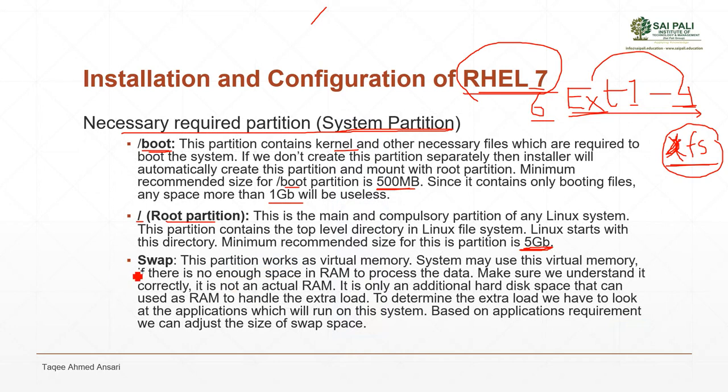By default, the recommended size for the swap is the same size as your RAM. So if you have 2 GB of RAM, it is good to have 2 GB of swap. And if you go more, you give more space for your applications to run. You can go at least double the RAM, like if your RAM is 2 GB, then go for 4 GB, it is good. It gives you proper additional space to run the programs.